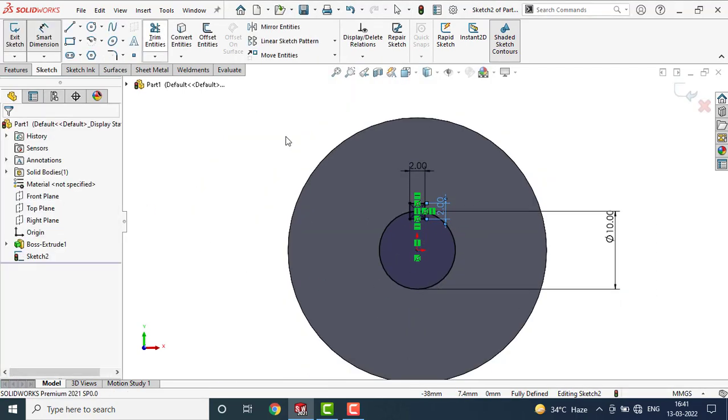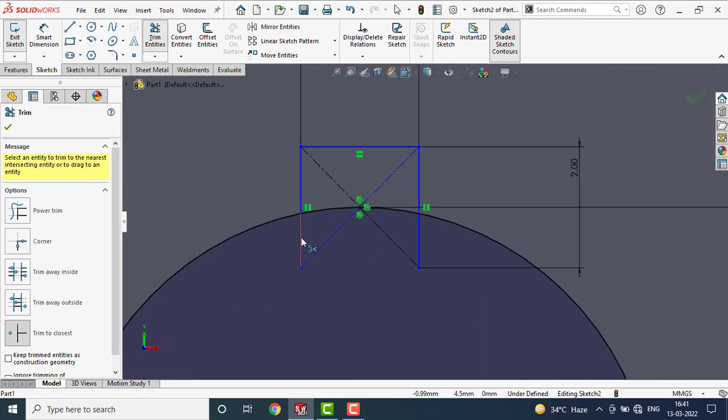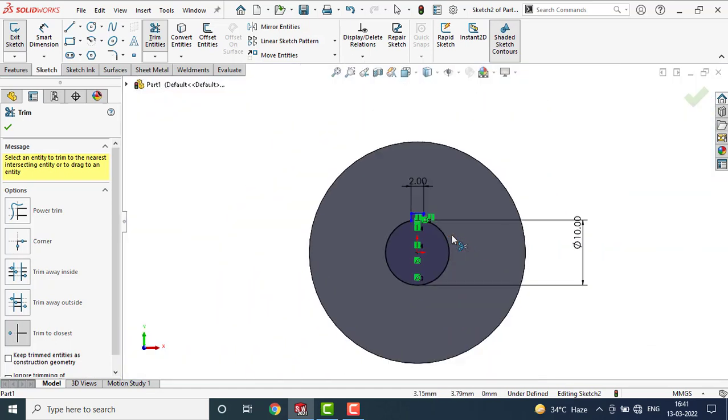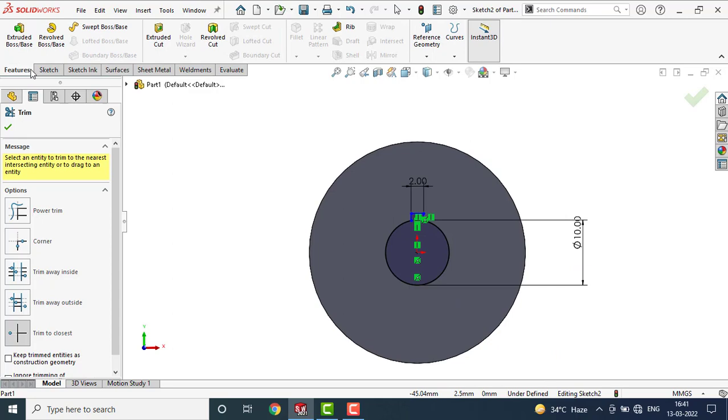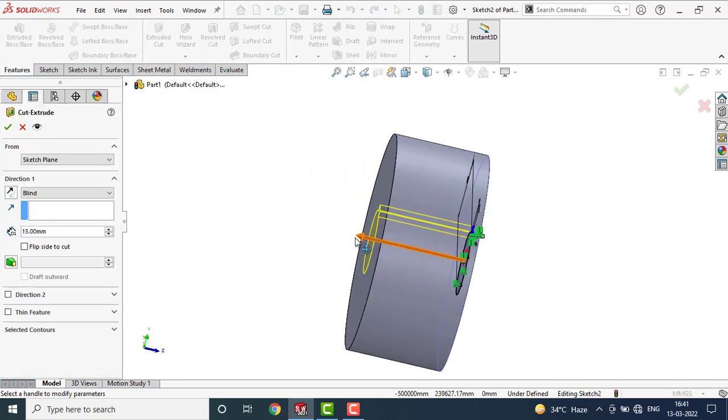Now go to Trim Entities and trim out this portion. Now go to Features, select Extrude Cut and select OK.